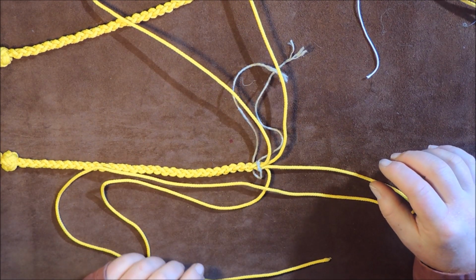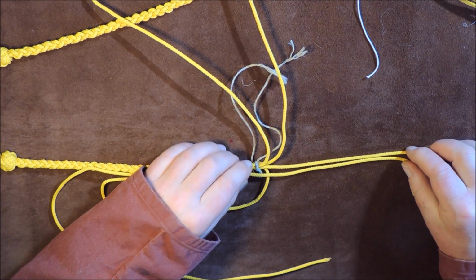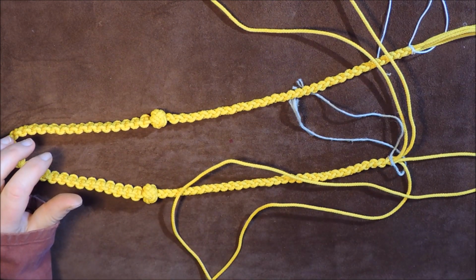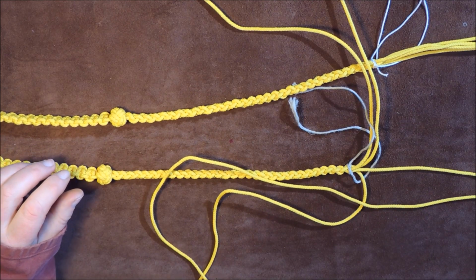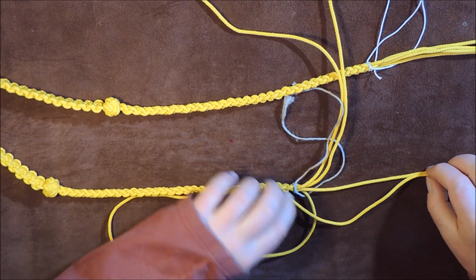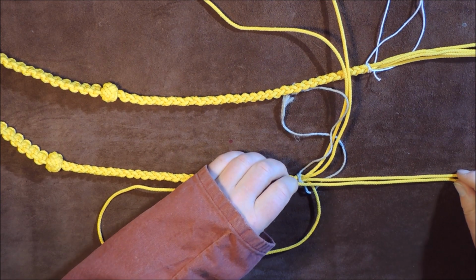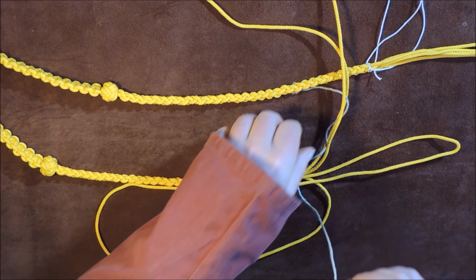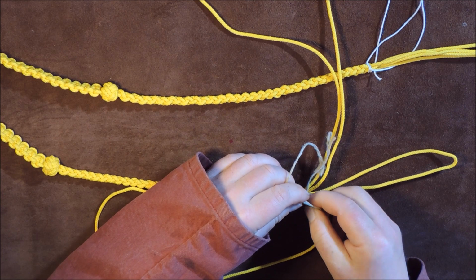You want to hang this round your neck and decide how long you want your loops here. If you wanted to, you could make each individual part on the lanyard longer. But remember, if you're going to make it a bit longer than the measurements I say, you're going to need some more cordage. So the first one you do, just practice and see how much you need. But I'm just going to take this cord here and form a loop,